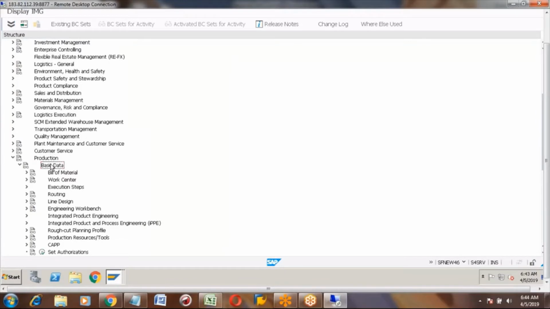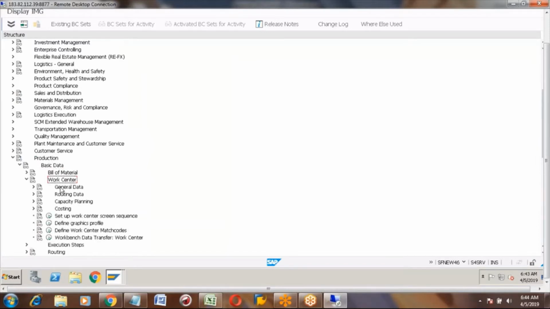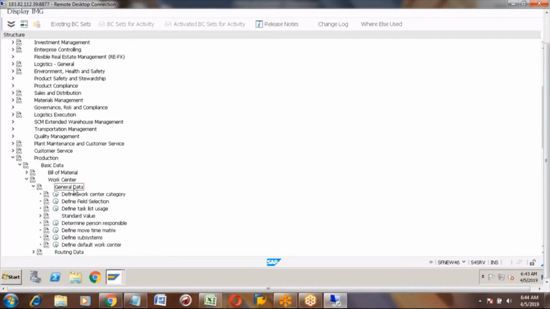Then Basic Data, then click on Work Center, then click on General Data. Here you can see Standard Value. Expand this, and here is Define Standard Value Key. Execute.